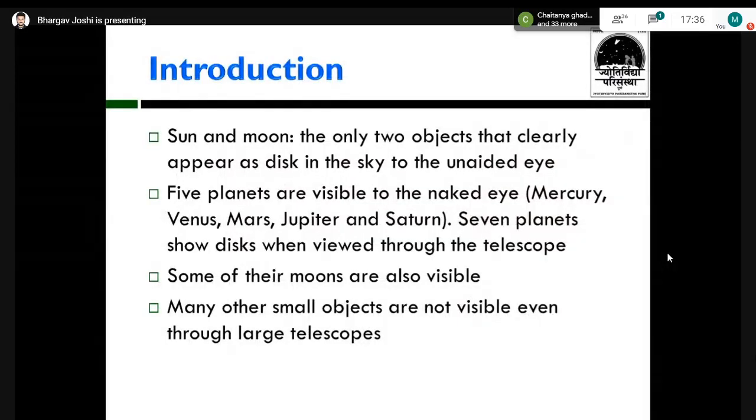Now, everything in astronomy starts with what you can see. There are some things in the sky which you can see through telescopes, and through telescopes you can see everything in the sky. But even without telescopes, some things can be seen with the naked eye. The sun and moon, of course, can be seen. Apart from that, we have 5 planets, that is Mercury, Venus, Mars, Jupiter, and Saturn, which can also be seen with the naked eye. Most people are unaware of this fact. And through telescopes, of course, we can see even the moons of those planets. So these are some of the objects that can be clearly seen with the naked eye and that are in our solar system.